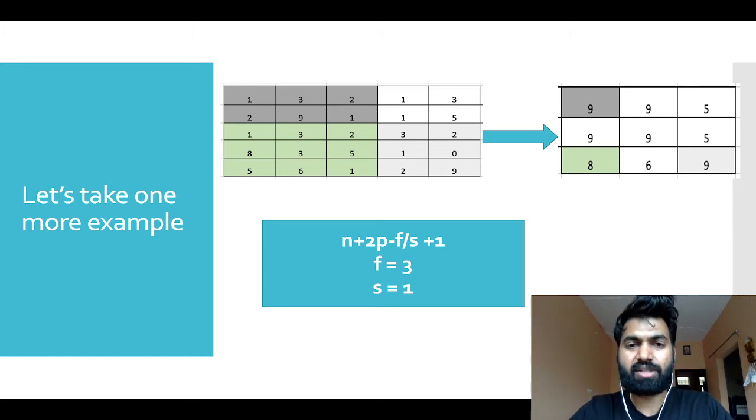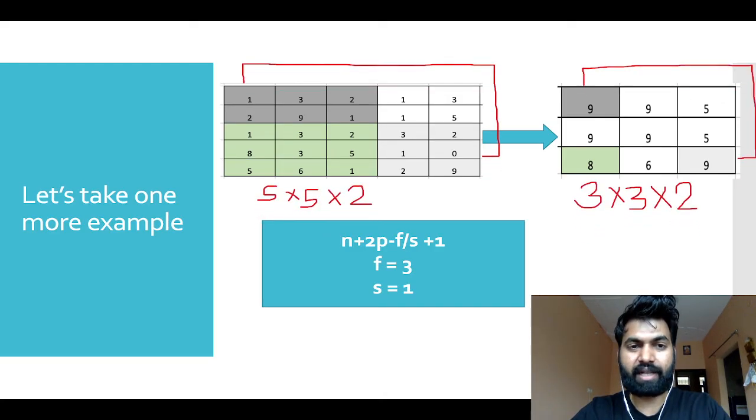But guys, as I mentioned, I was talking about the 5 by 5 matrix, or the 3 by 3 resultant matrix. Instead of that, I can say it's a 5 by 5 by 1 or 3 by 3 by 1, because I'm talking about only a particular layer. But what if we have multiple layers, right? We can add multiple layers and call it 5 by 5 by 2 or 3 by 3 by 2. Similarly, if I add one more layer over this one, then it's a 5 by 5 by 2 or 3 by 3 by 2 matrix, right?